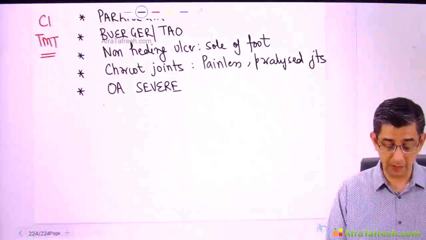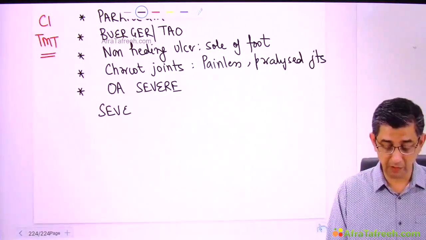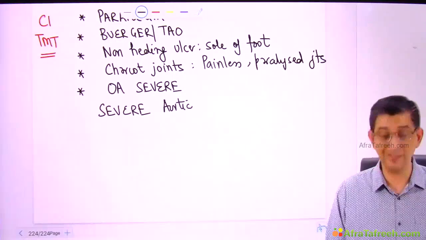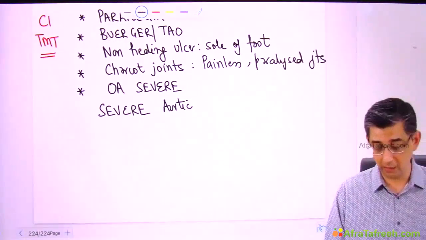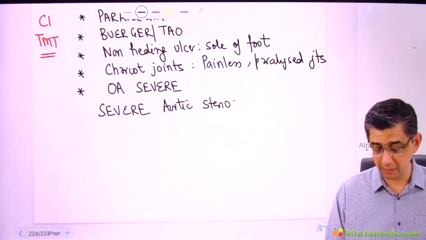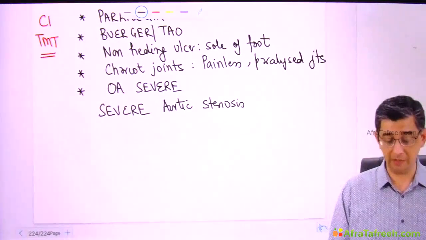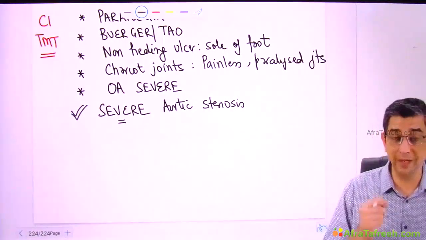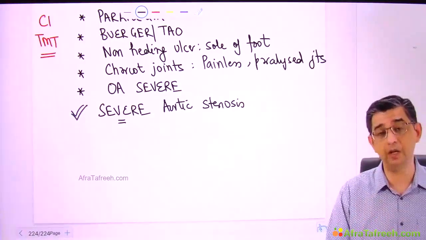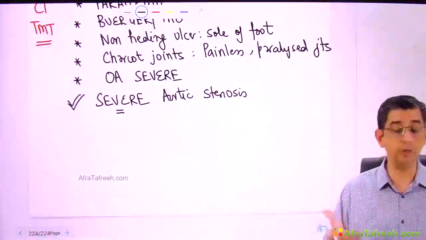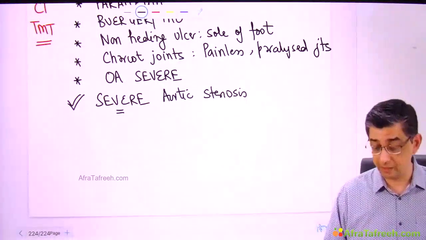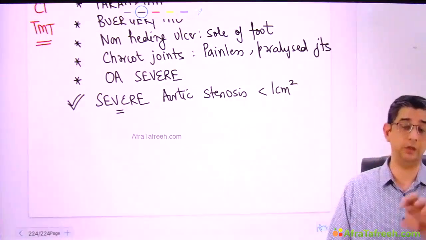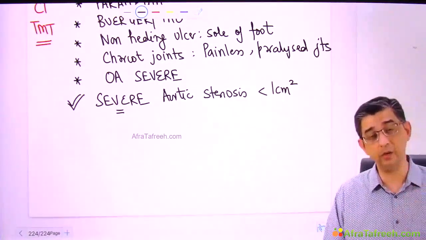Similarly, if a person is having severe valvular aortic stenosis, you can remember from your basic classes that the orifice of the normal aortic valve is 2.5 square centimeter or more. But if a person is having severe aortic stenosis, that means orifice size will be less than 1 square centimeter, and such a person cannot be expected to walk on the treadmill, in the sense that the cardiac output will be substantially reduced. You see, the connection between the left ventricle and aorta is substantially narrowed.